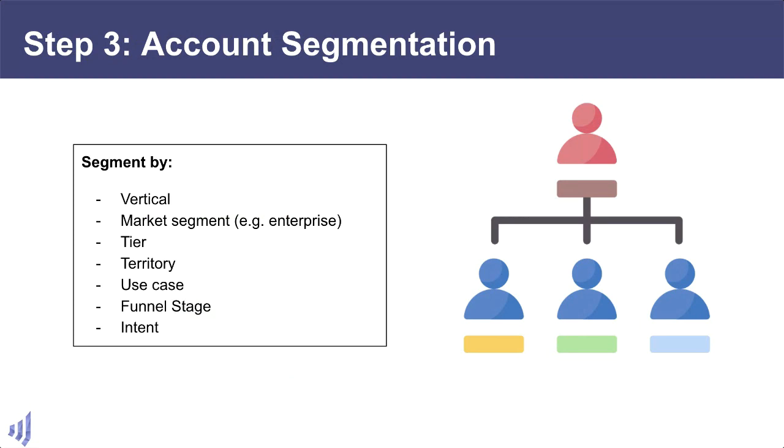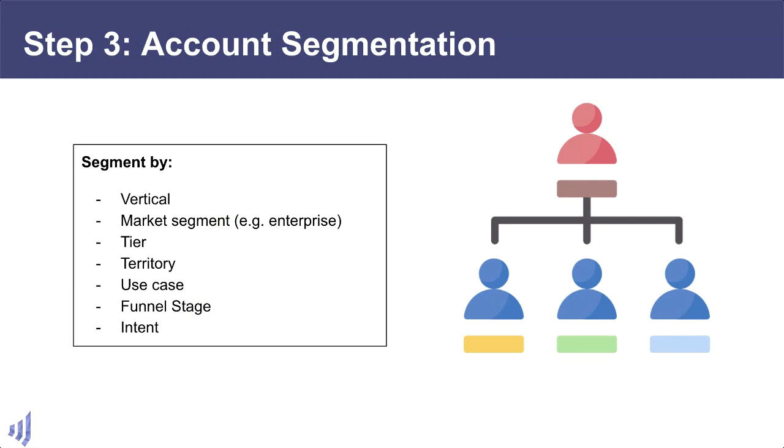Maybe you have tier one, tier two, tier three accounts, where you have different territories or different use cases or products that you sell, or different funnel stages. So what are these accounts in your funnel? Are they cold, or maybe they downloaded content but never became an opportunity, or they were an opportunity at some point, they're lost. Try to identify where they sit in your funnel